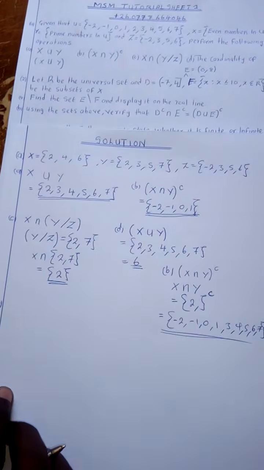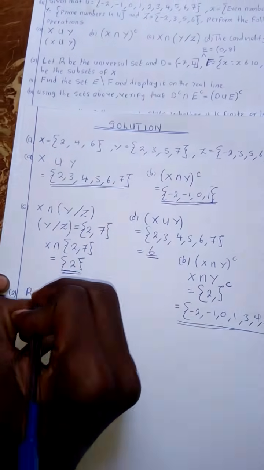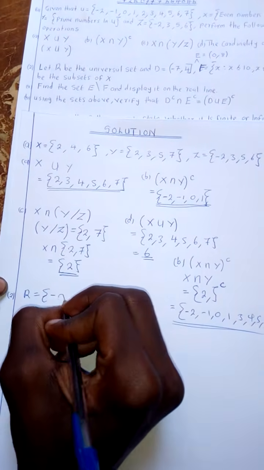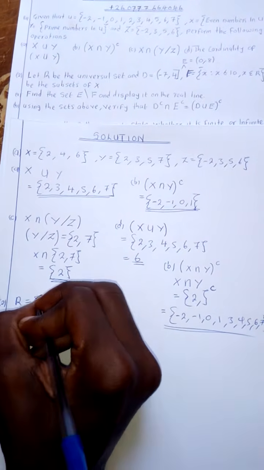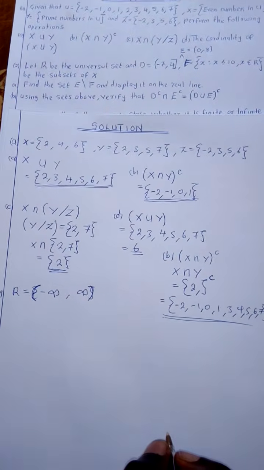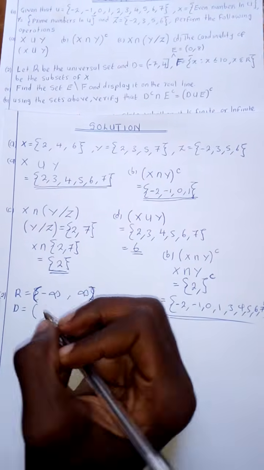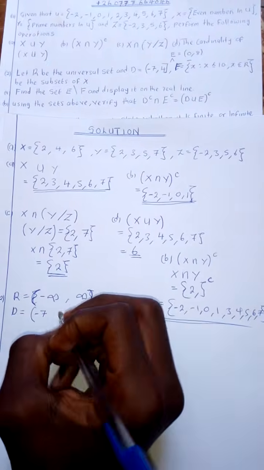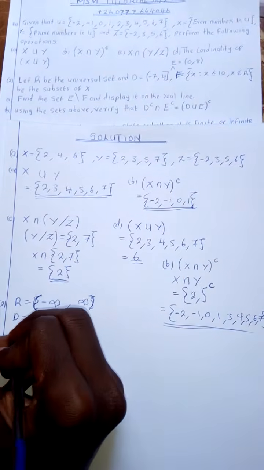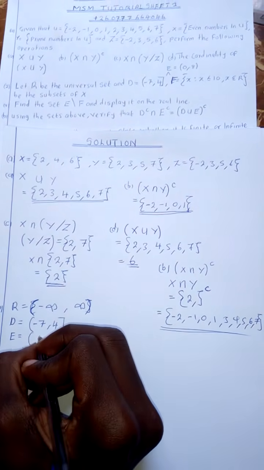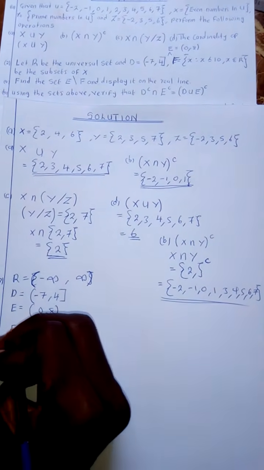The second part is saying, let R be the universal set. So R is simply the set from negative infinity to positive infinity. I use these brackets like this. Then they are saying that D is this set. Then they are saying that E is this particular set, like this. Then F